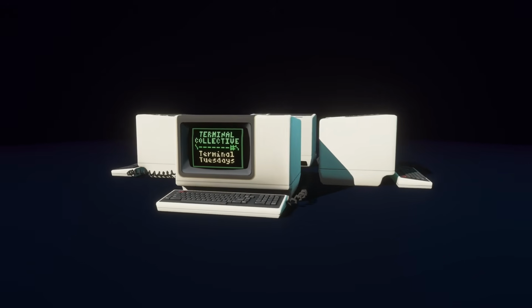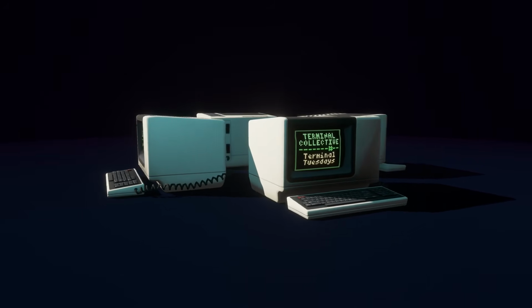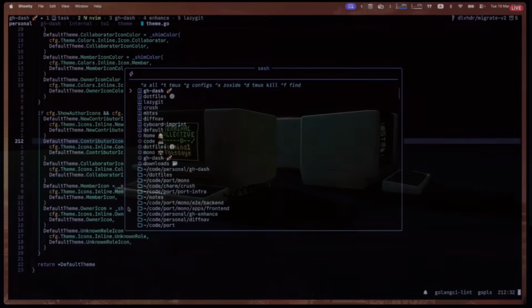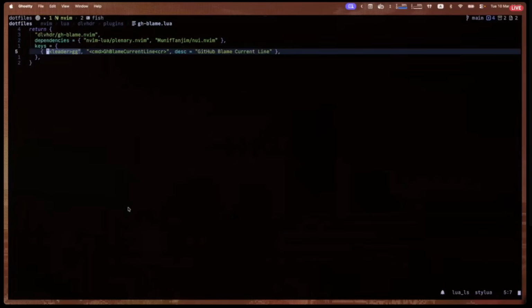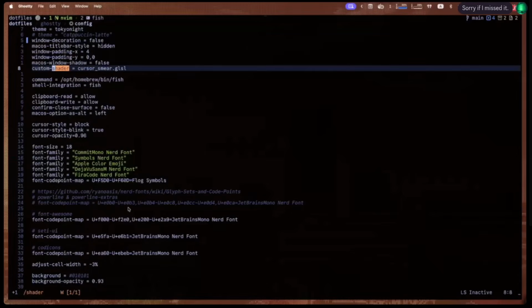Someone is asking about your terminal shaders on the cursor movements. Do you have anything set up? So that's a Ghostty shader. They only recently came out with that feature. But yeah, they have instructions on their website on how to set it up. You basically need to download the shader file,